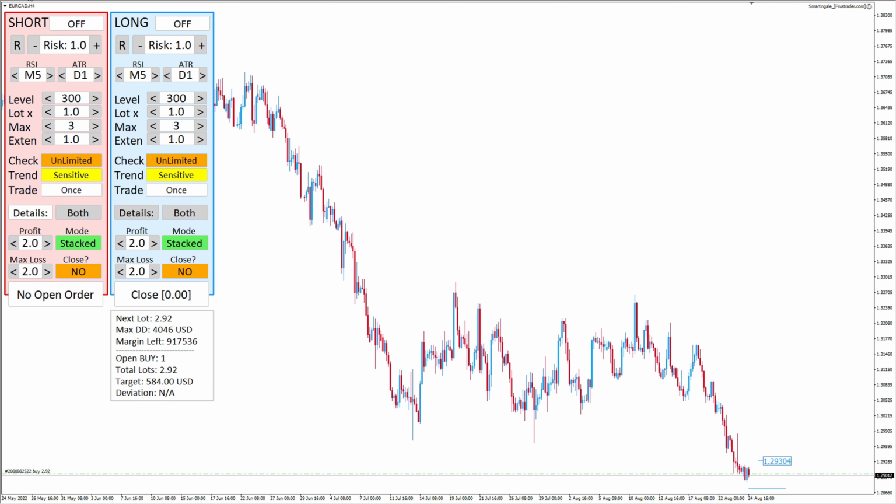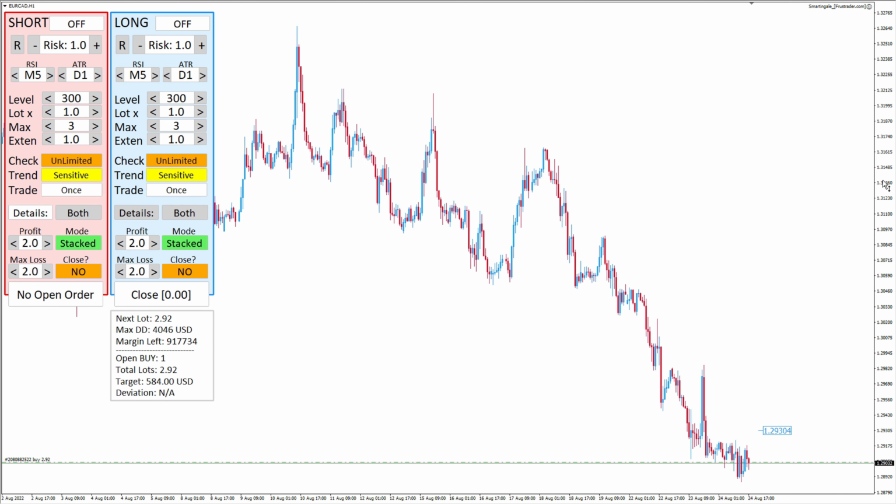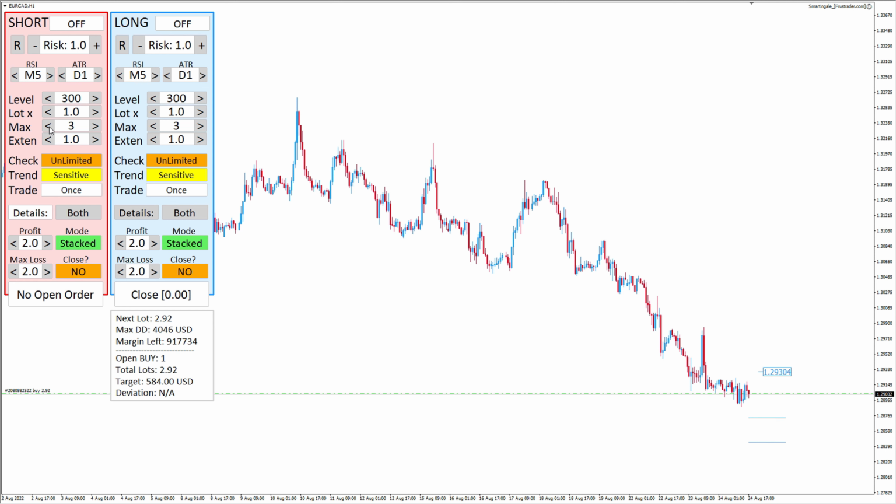I will leave it to be 3, which means we will have 3 open trades in total. I will set it to be 4 for short setup, so we will have 4 sell trades and 3 buy trades. The level is 250 points for buy orders. As you see, 1 open order and 2 covering orders